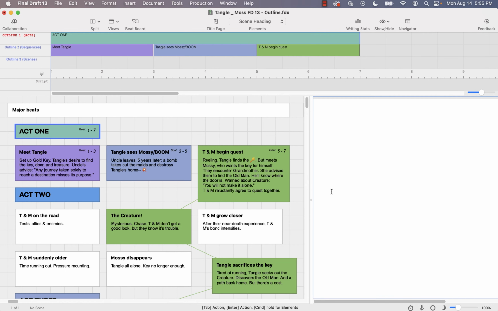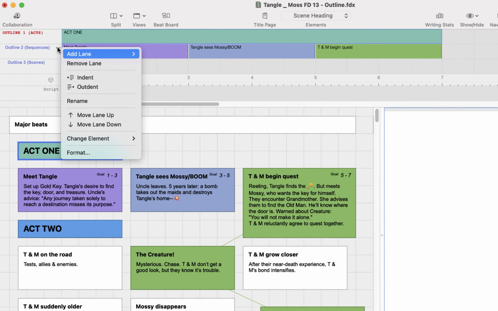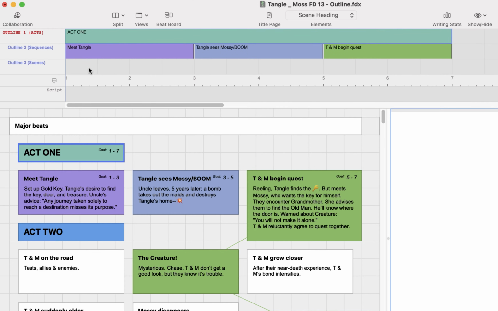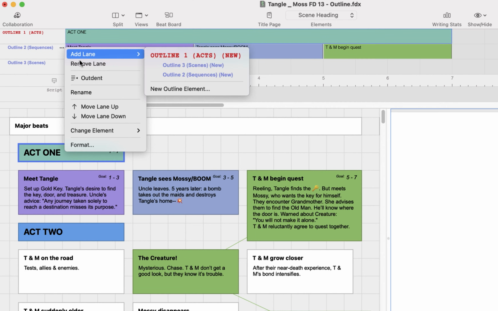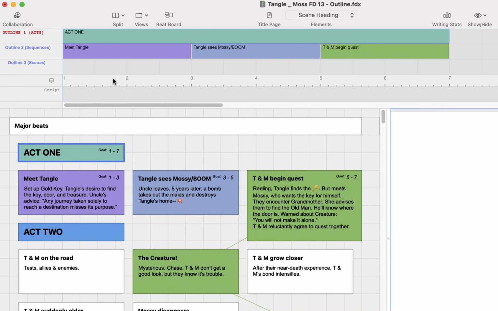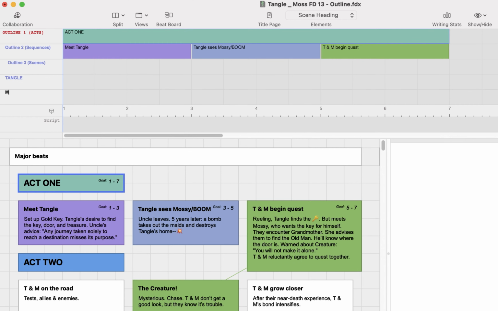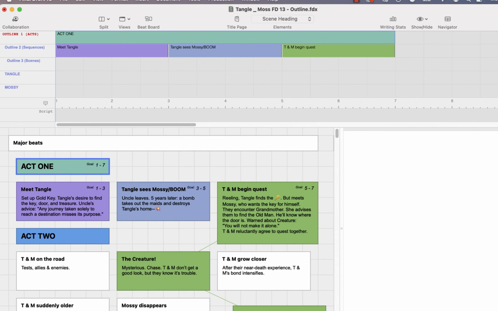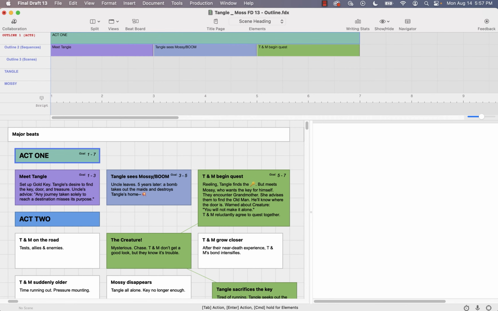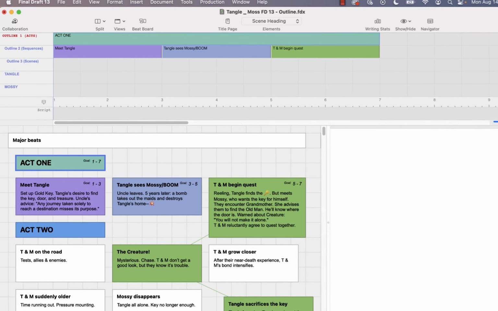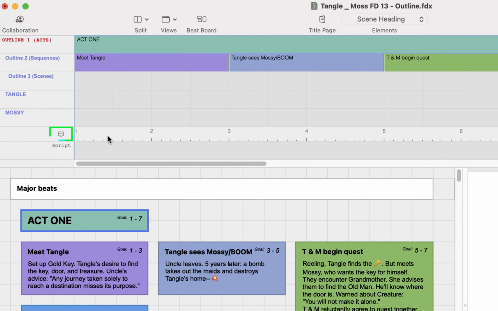If you want to change an outline lane's place in the hierarchical order, you can indent or outdent through the menu to update the lane's level in the structure. For example, if your story has more than one character you want to track and you want to keep them at the same level. Once you're ready, if you want to send your outline to the page, press the Send Outline to Script button on the Outline Editor's left panel.